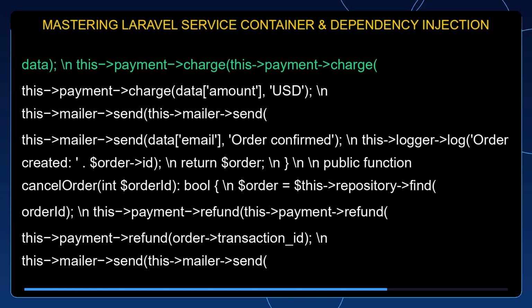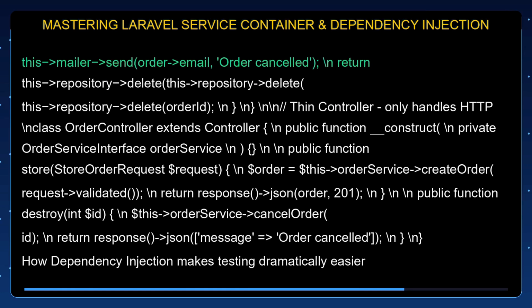$this->logger->info('Order created: ' . $order->id); return $order; } public function cancelOrder(int $order_id): bool { $order = $this->repository->find($order_id); $this->payment->refund($order->transaction_id); $this->mailer->send($order->email, 'Order cancelled'); return $this->repository->delete($order_id); }